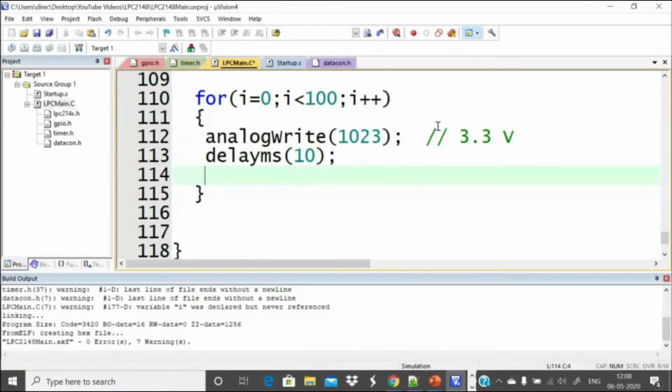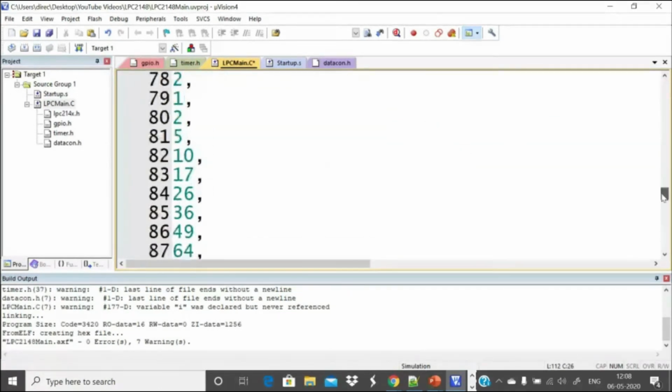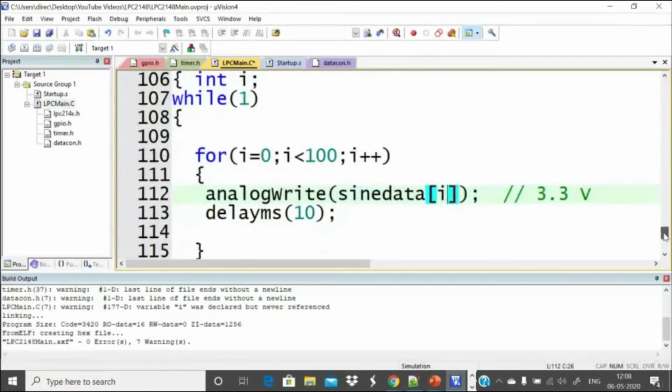What is the analog value that I pass? I pass the value from the array. Notice sine data of I. What is the name of the array we gave? Sine data. Sine data of I. And the delay is 200 microseconds. So delay US 200, for each sample.